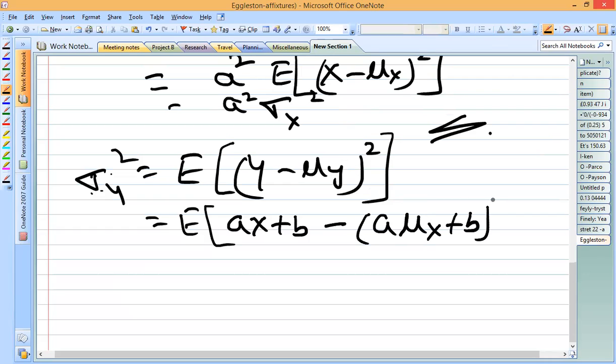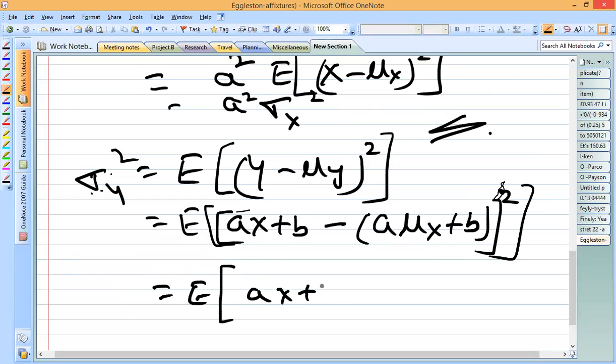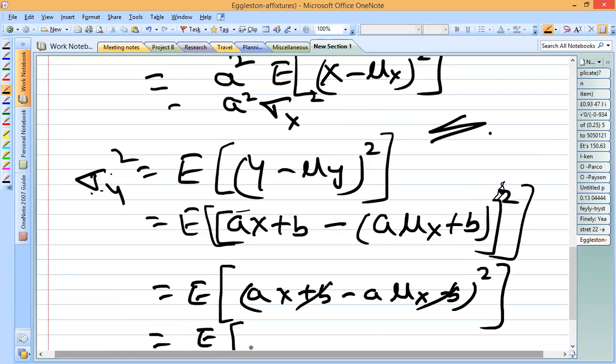So the expectation of ax plus b minus a mu x minus b whole square. Minus b plus b gets cancelled,